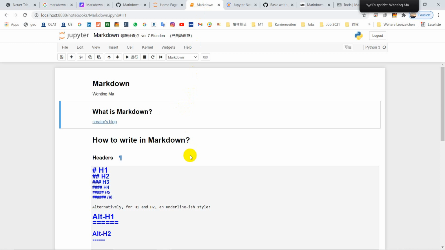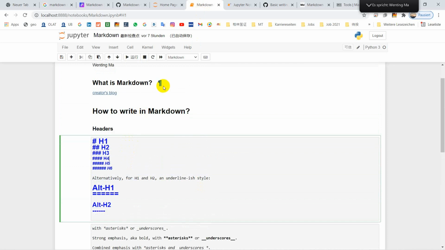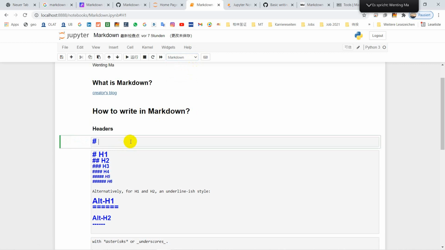Yeah, this is a simple demo for it. For example, if you are using Jupyter Notebook, then after you create a new block, you need to change it here into Markdown, and you can then type in